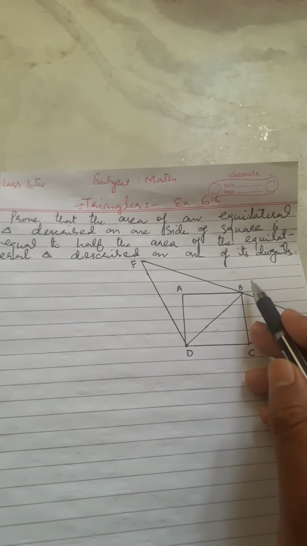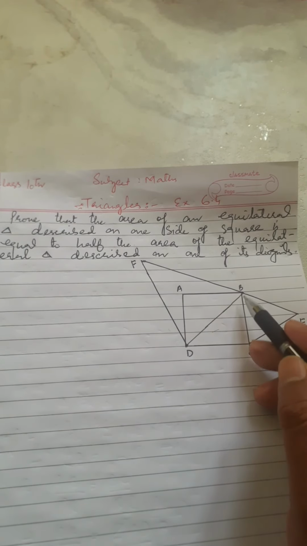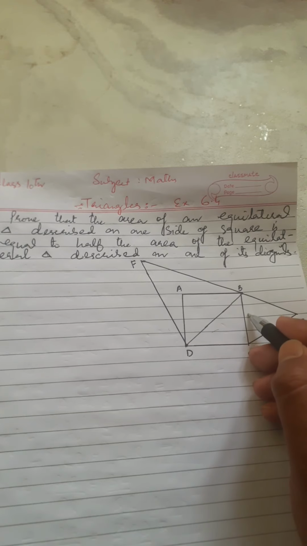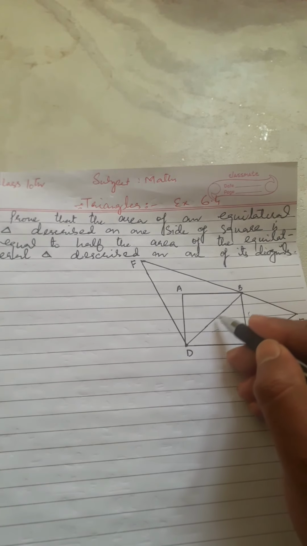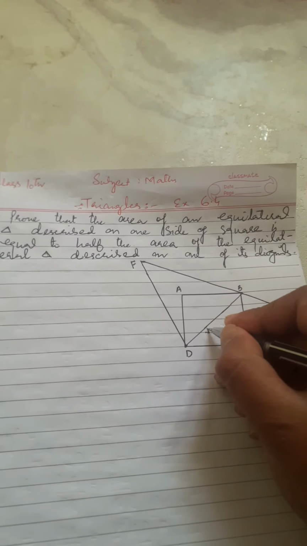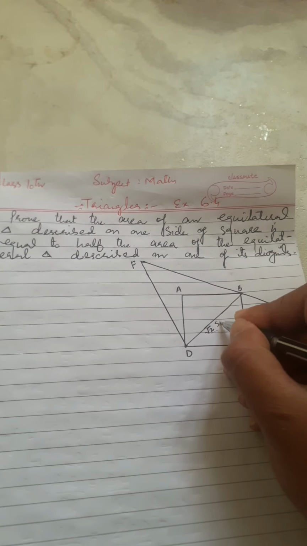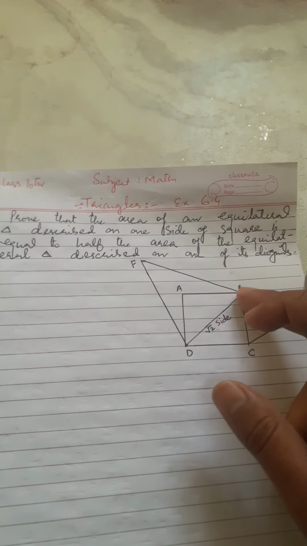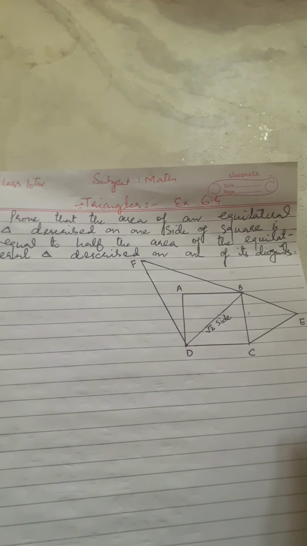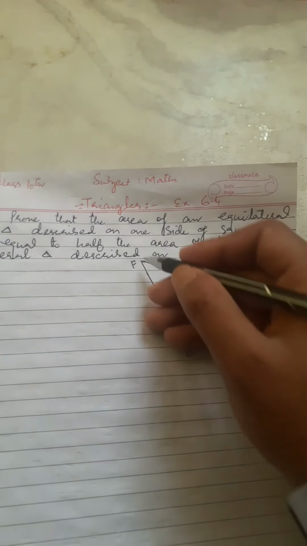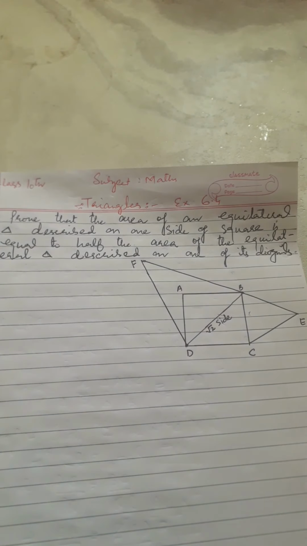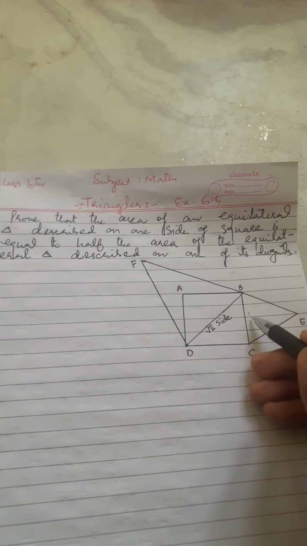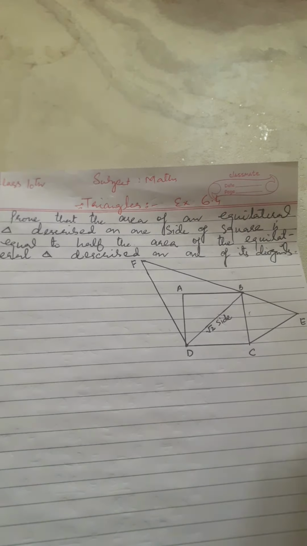If we are talking about the square, we know all the sides are equal. If we consider this side as x, then the measure of its diagonal is always equal to root 2 times the side. Root 2 times the side is the length of each diagonal, and this is an equilateral triangle. It means that each side is root 2 times the side of the square. The question here is, we need to